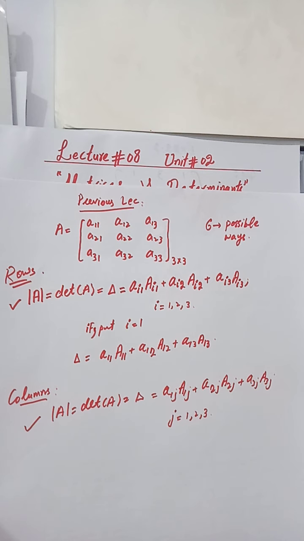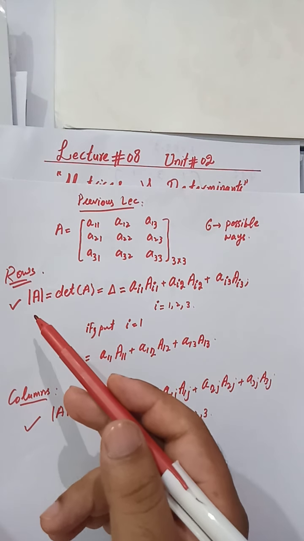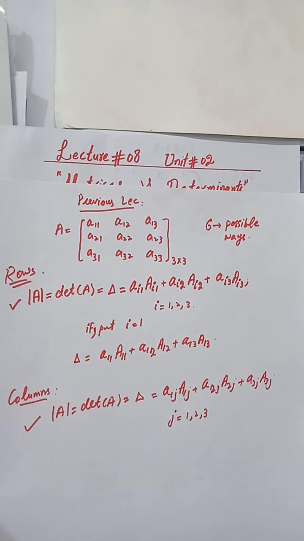You need to use one of them, because from all these 6 possibilities you will get the unique solution, because determinant is a function which associates each square matrix with a unique number. So from the determinant you will always get a number. You may calculate that number by using one of the formulas, either from the row expansions or from the column expansions. So this is for the 3 by 3 matrix.